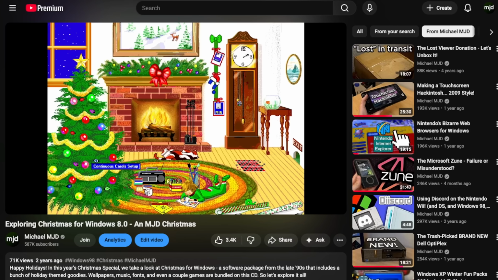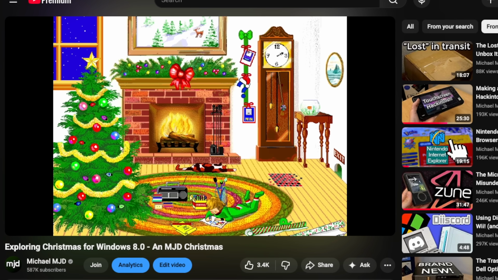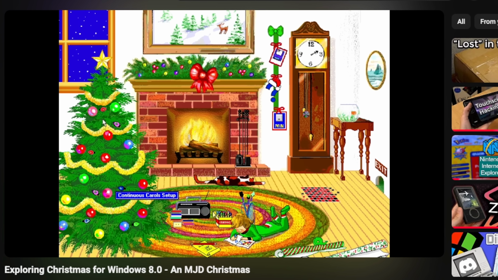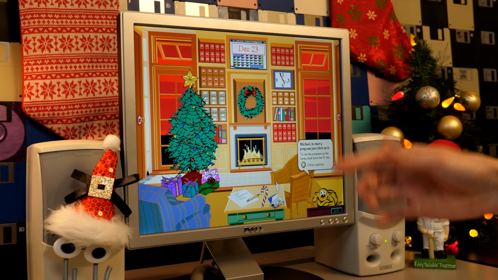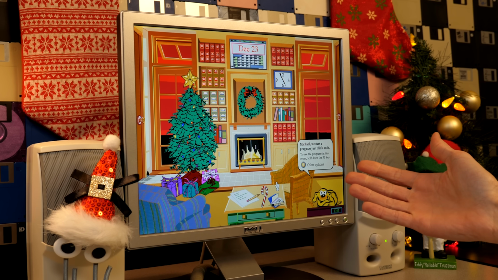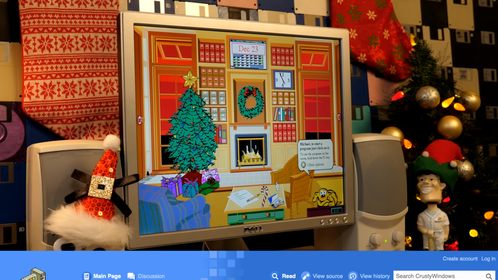Except for that one year we took a look at a third-party pack of Christmas software instead, which was kind of a nice change, but still, I think, kind of similar to what we had already been doing. This time around, however, we're going to be taking a look at something that a lot of you guys can't seem to get enough of on this channel, and that is Windows bootlegs, because I searched on the Crusty Windows